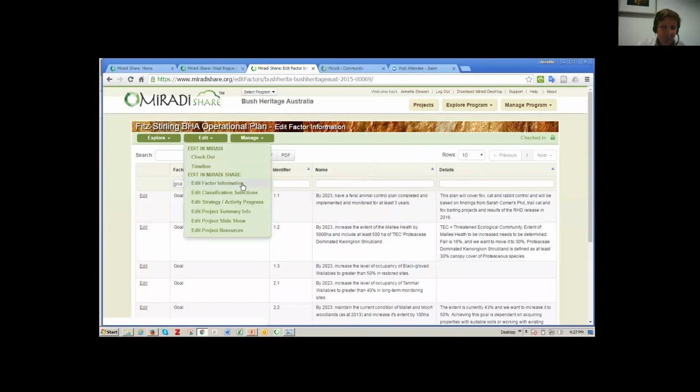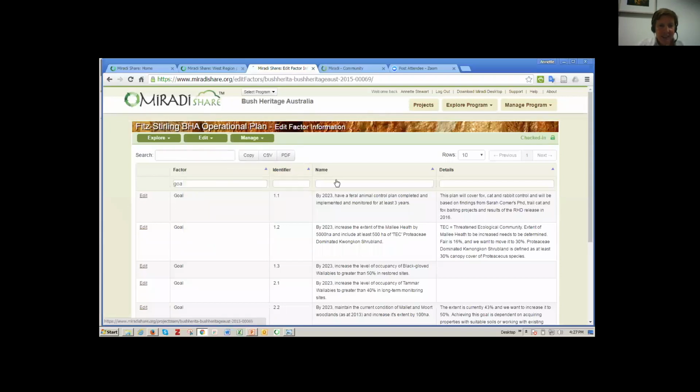So a whole lot of information now is available up in Miradi Share online, and it's quite a bit easier to get at. There's also these other editing capabilities coming online all the time. So that's really great for us. It makes it easier to manage the projects. And just in terms of managing projects,